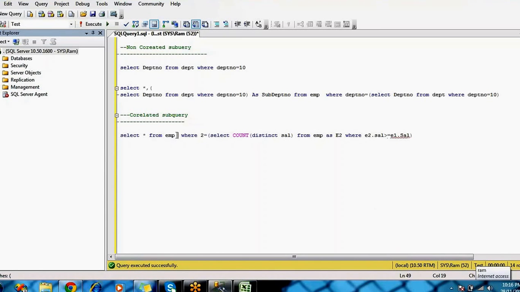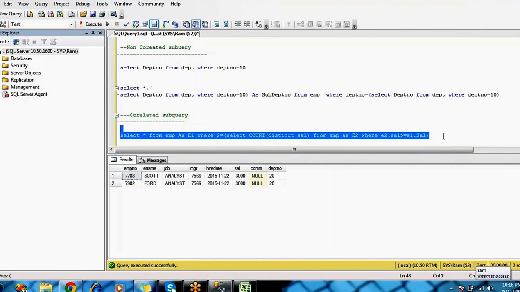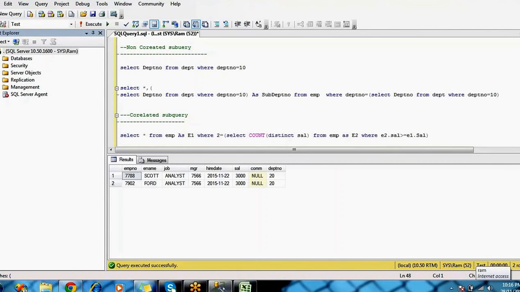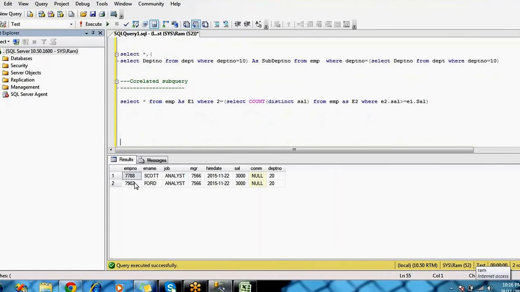The alias name we have to give here is E1. So these two people have the second highest salary, 3,000. Scott and Ford both have the second highest salary.